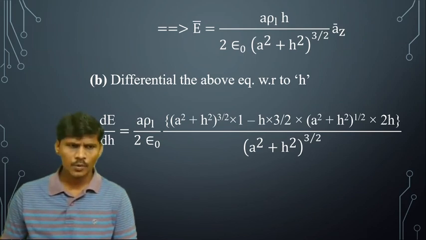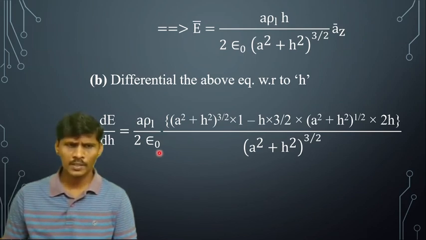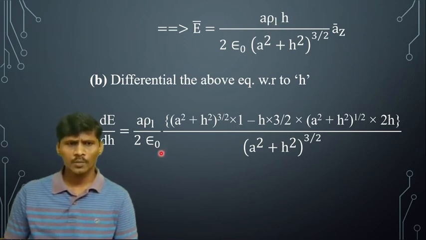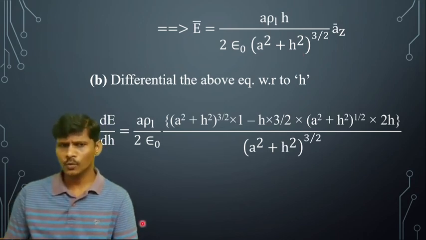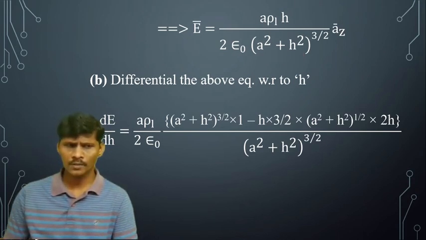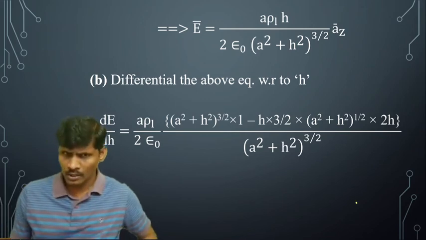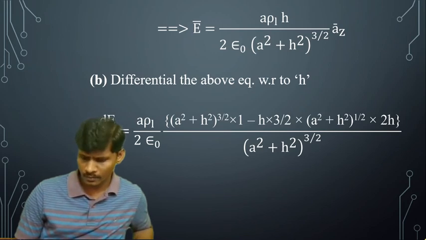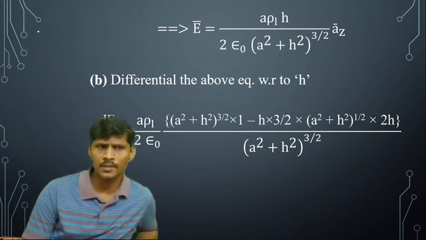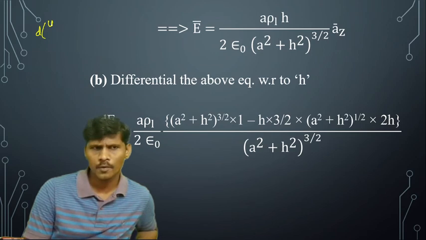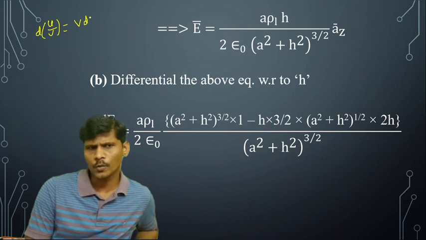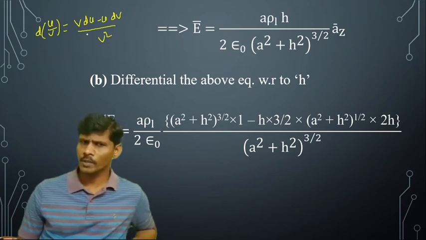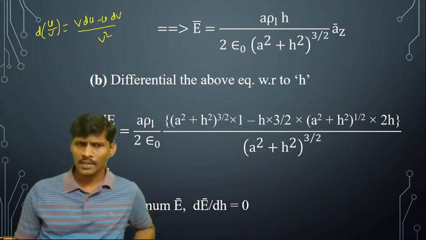So differentiating the above equation with respect to h, that is dou E by dou h is equal to 0. So a rho L by 2 pi epsilon naught, we apply the derivative of u by v. What is the derivative of u by v expression? Derivative of u by v is v du minus u dv by v square. Applying this derivative of u by v concept here, we get dE by dh is equal to